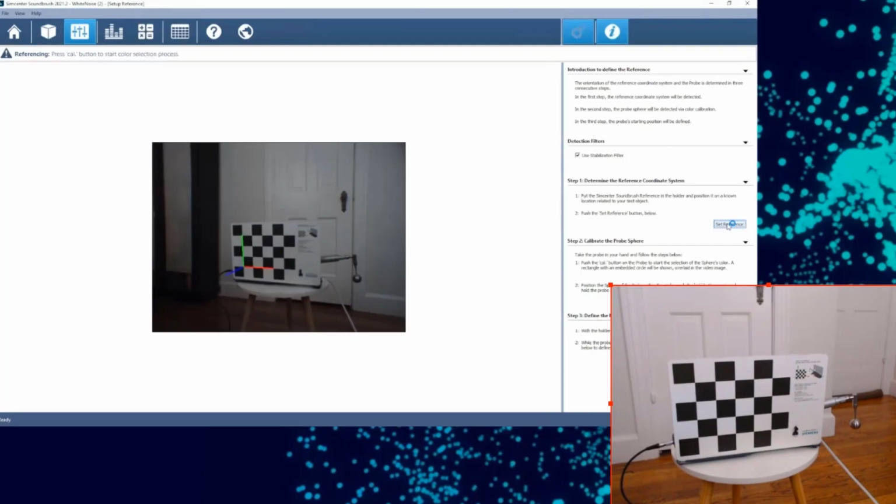Now the tracking camera of the sound brush is looking for that checkerboard pattern. It knows how big the square is supposed to be, and it knows what the pattern should look like. And so you see it knows where the camera is with respect to this reference board. Now the camera's position in 3D space in my room here is known, and it knows exactly where the test object is with respect to the tracking camera. So it finds these angles and distances and everything. Now my tracking camera and object under test are determined.